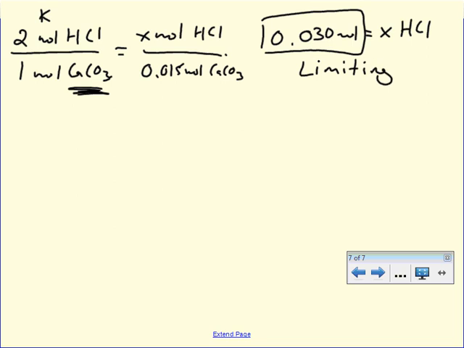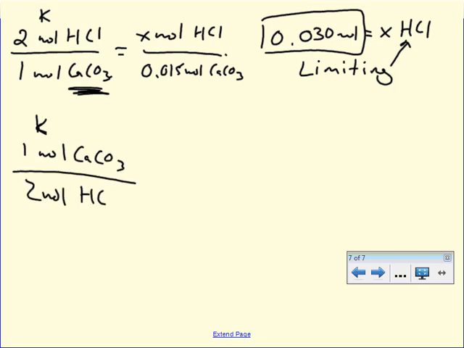So it's telling me that HCl is going to be limiting the amount of products I can form in this reaction. If I do it the other way, so 1 mole calcium carbonate to 2 moles HCl, and that's going to give me,